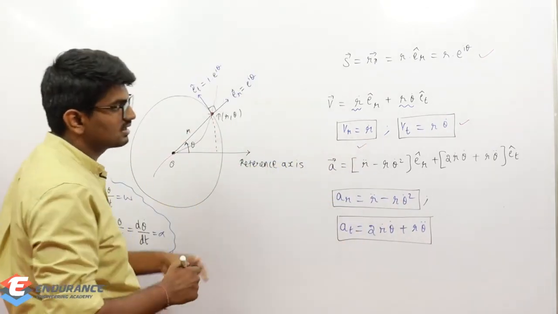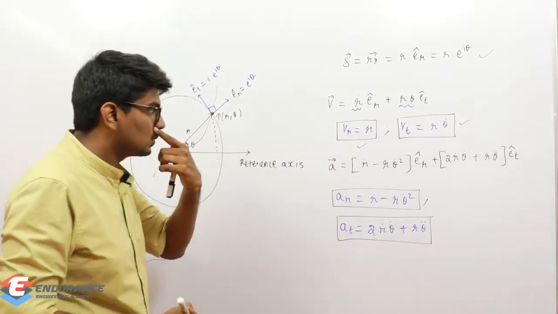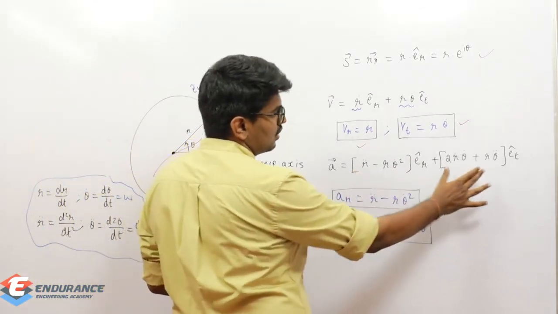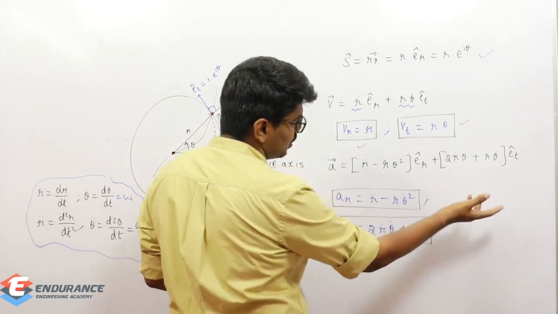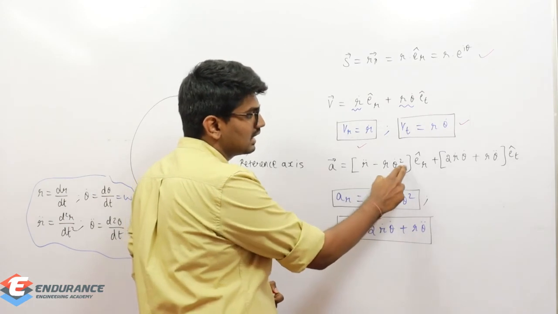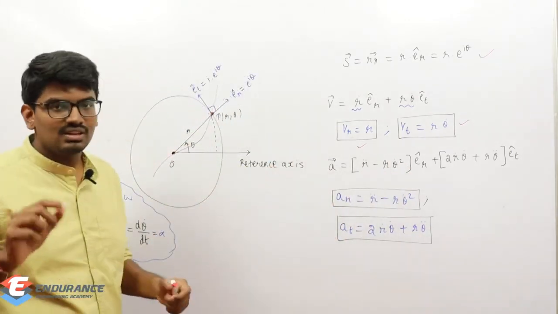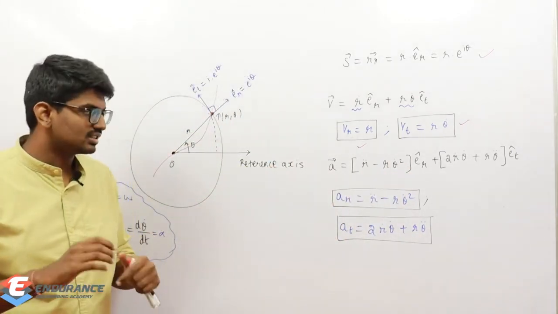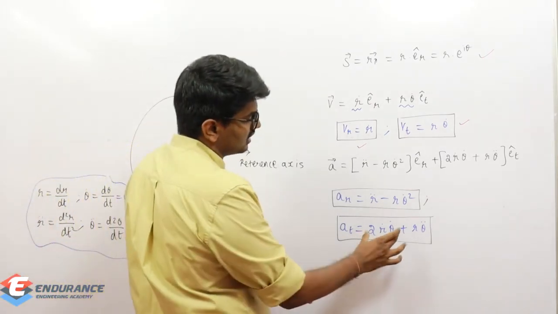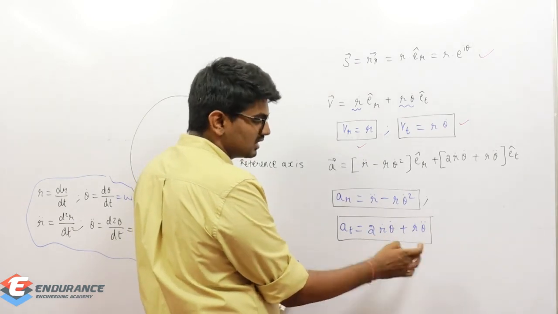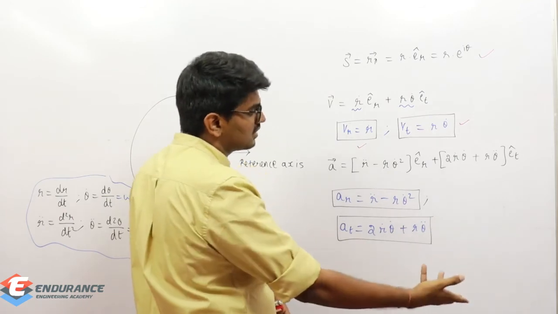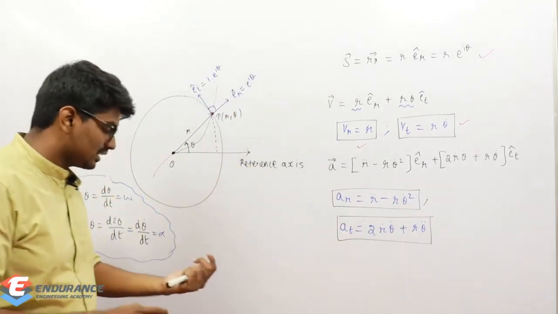Now coming to the acceleration components. Again, we have two: a radial acceleration component and a tangential acceleration component. In the radial component we have two terms, r double dot and r theta dot square. The meaning of each of these I will discuss in further videos. As of now, just remember the formula. Now coming to a_T, this is 2 r dot theta dot, and r theta double dot. We already know what r dot and theta dot are, and theta double dot is the twice differentiation of theta, which is the angular acceleration.